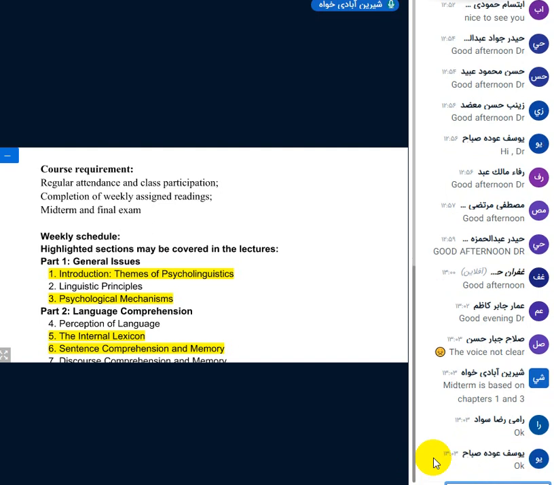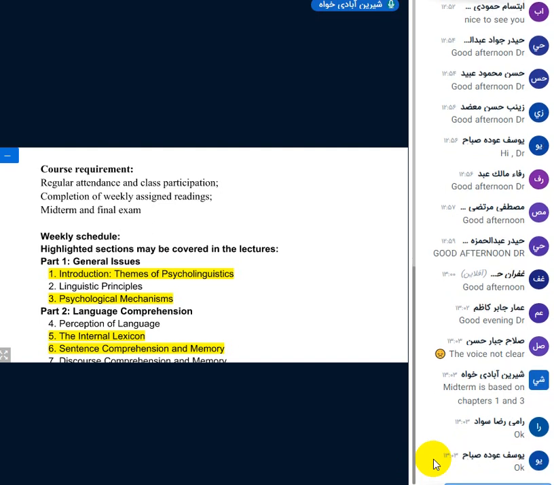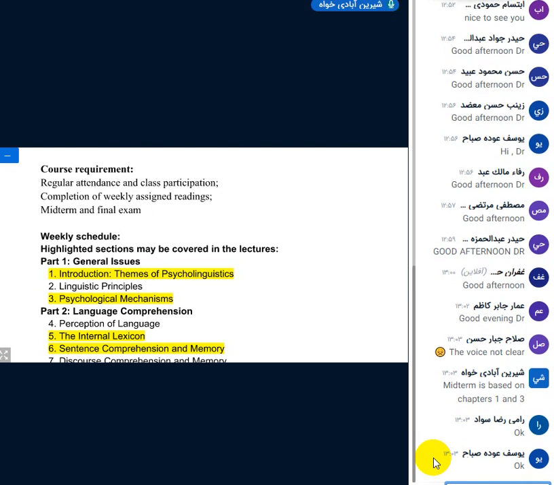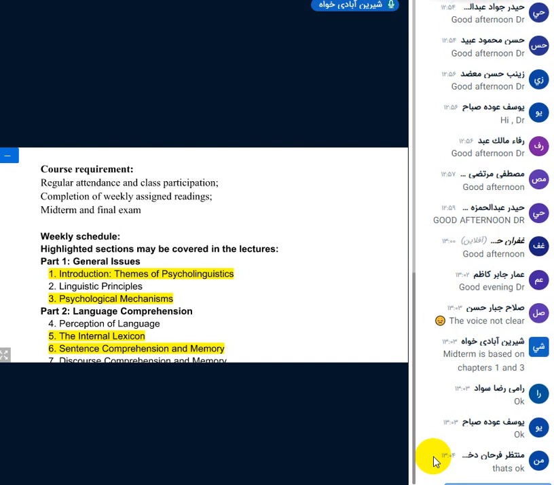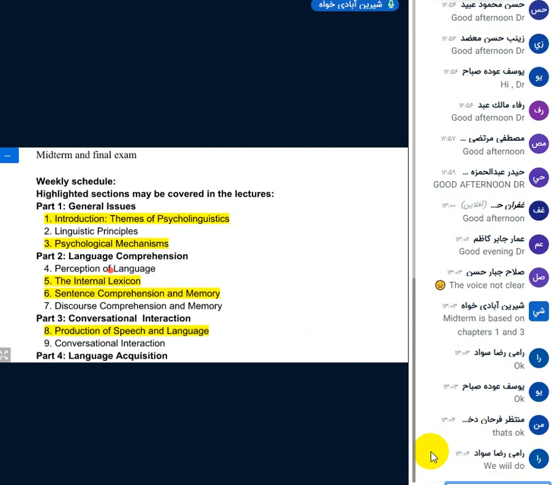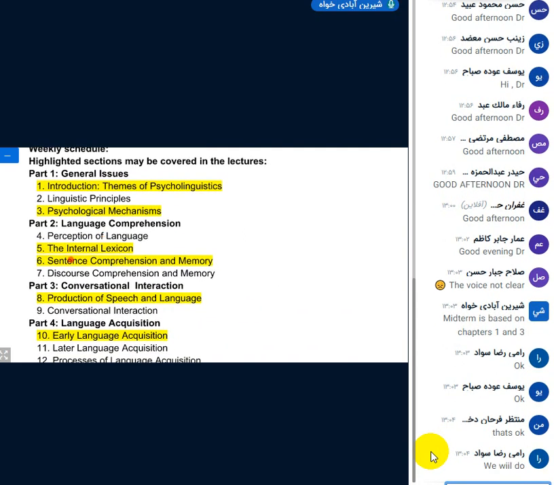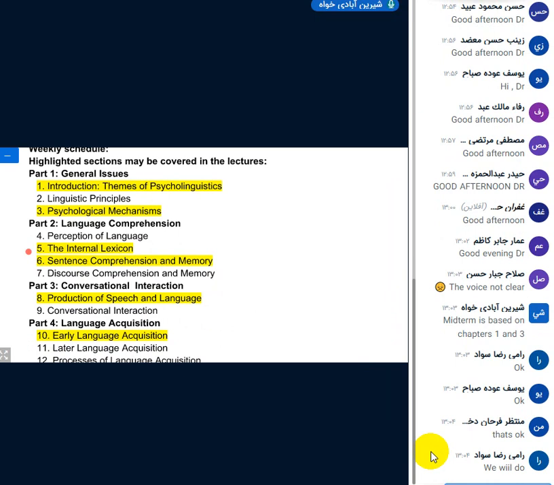Now, we have a new Iranian year that starts from the 20th of March, and there is a 2-week holiday, so you have enough time to study the materials that we are covering from now on. I want you to study the material during the holiday. The university is closed at that time. And after the holiday, in the next year, hopefully we will continue with chapters 5, 6, and 8.